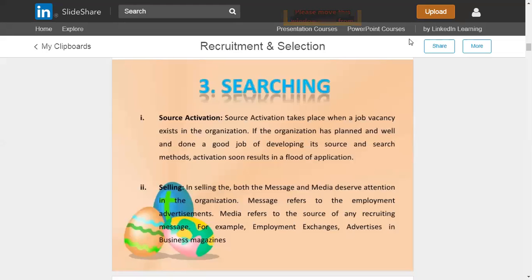Okay, the third step involved in the recruitment process is searching. Searching involves two parts. One is source activation. What is source activation? Source activation takes place when a job vacancy exists in the organization. If the organization has planned well and done a good job of developing its source and search methods, activation soon results in a flood